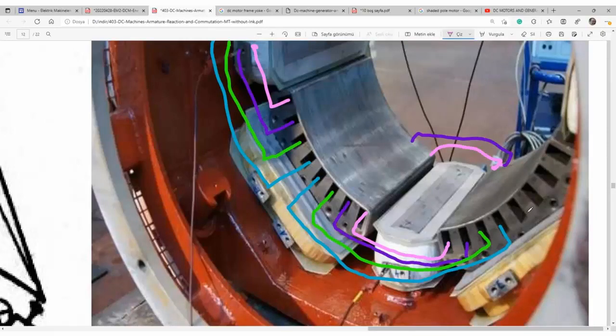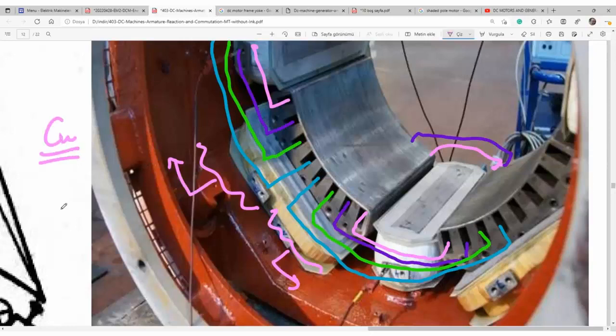Half of the coils will move to the left, half of the coils will move to the right. So it looks better. Used copper will be less by using such an arrangement. That will be the compensation